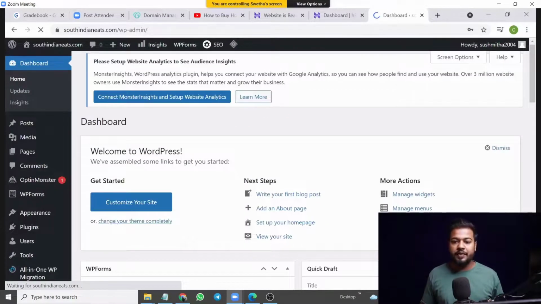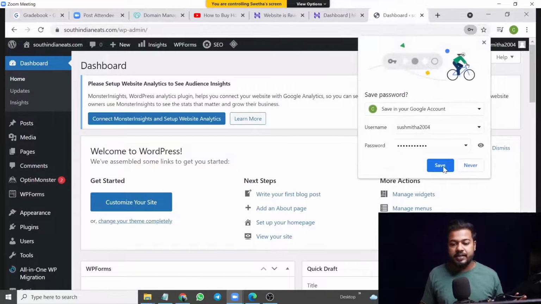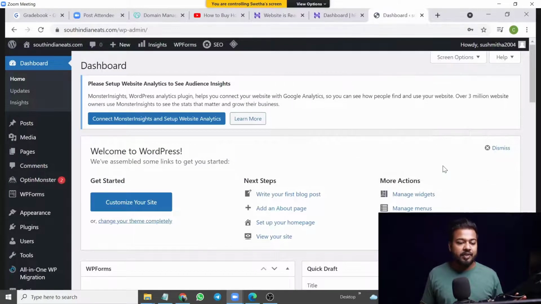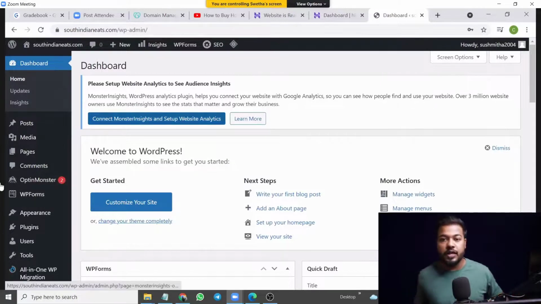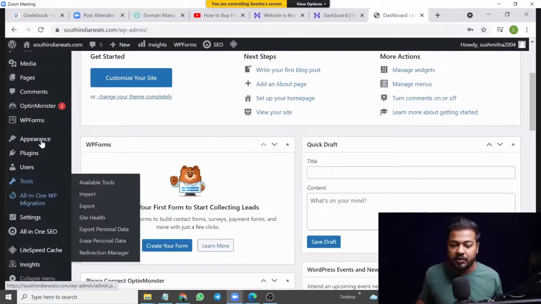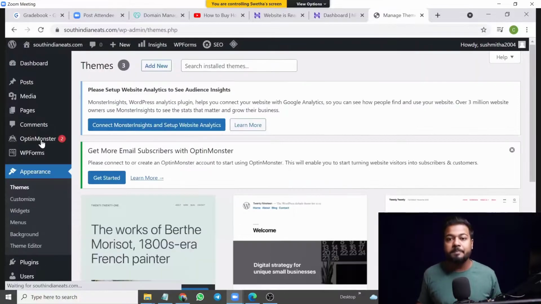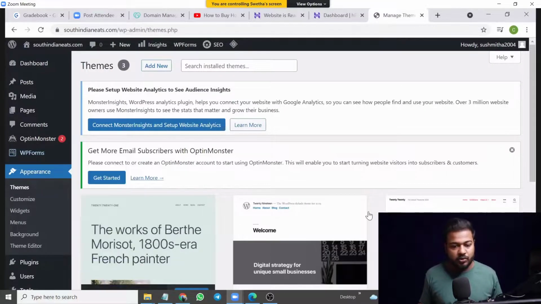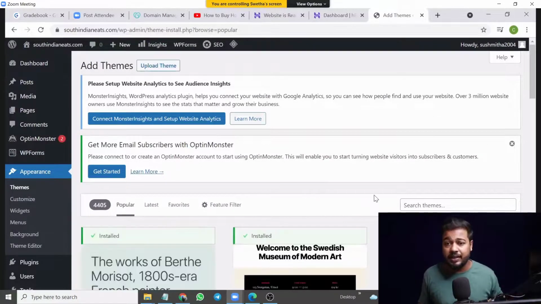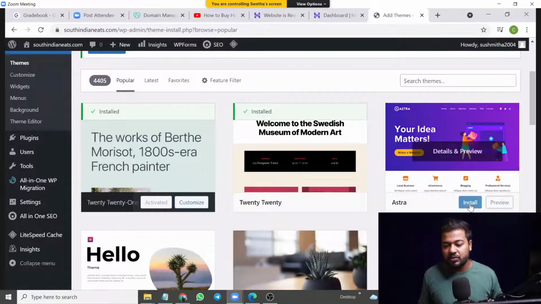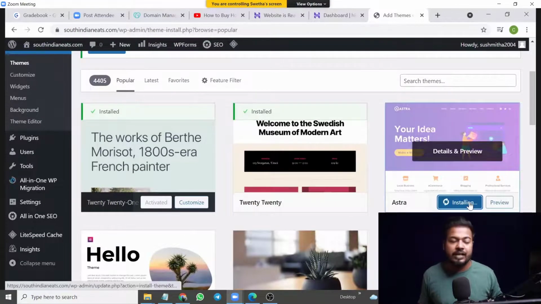Great. So here we go. We have our website, right? We have everything here. The main dashboard is here. Now you can go ahead with installing your first theme. I usually suggest people go with one theme, which is Astra, a really beautiful theme. I think most people would relate to this. So this is the theme Astra. You install it, you use the template, and you can carry on with the website.